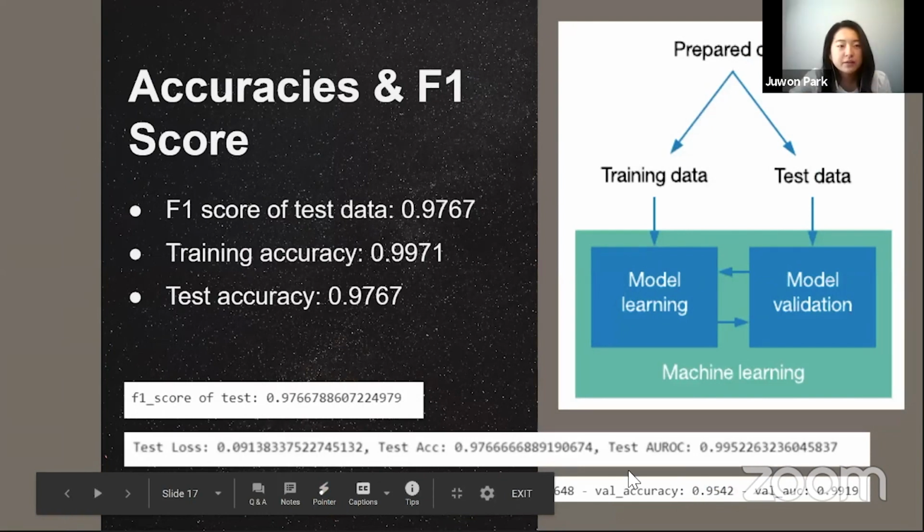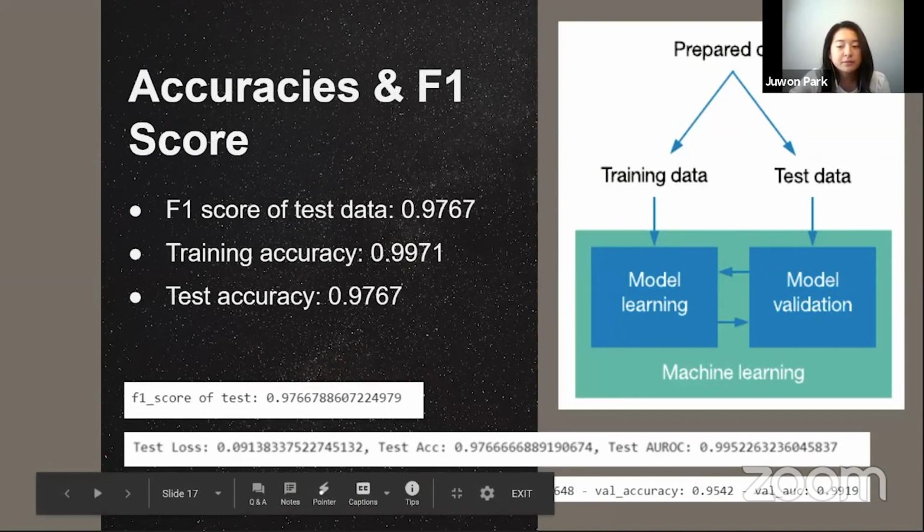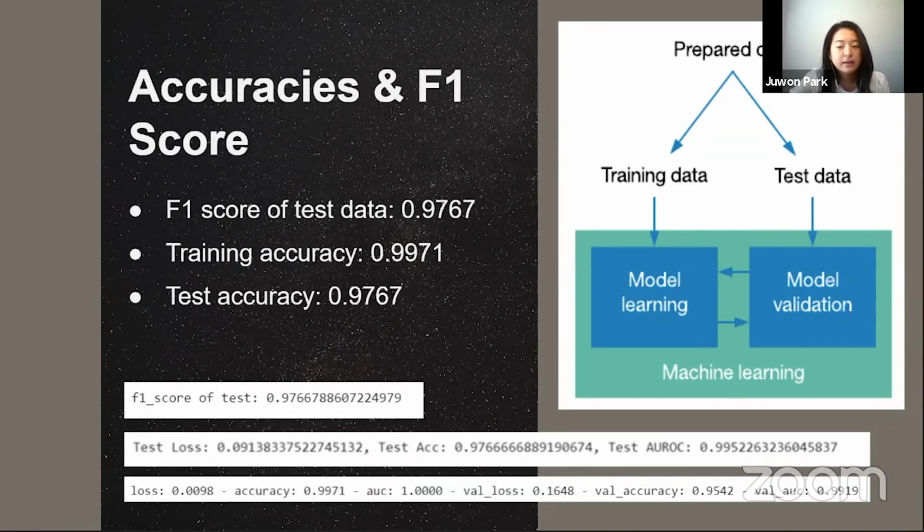In addition, we evaluated our model in 2 other ways with F1 score and accuracy. We were able to achieve a F1 score of 0.9766, which was very promising for us. To simplify, F1 score is a metric from 0 to 1, which is commonly used to evaluate machine learning models, where 1 means that our model always predicts correctly. Also, our model predicted correctly on the trained dataset images 99.7% of the time, and on the test dataset images